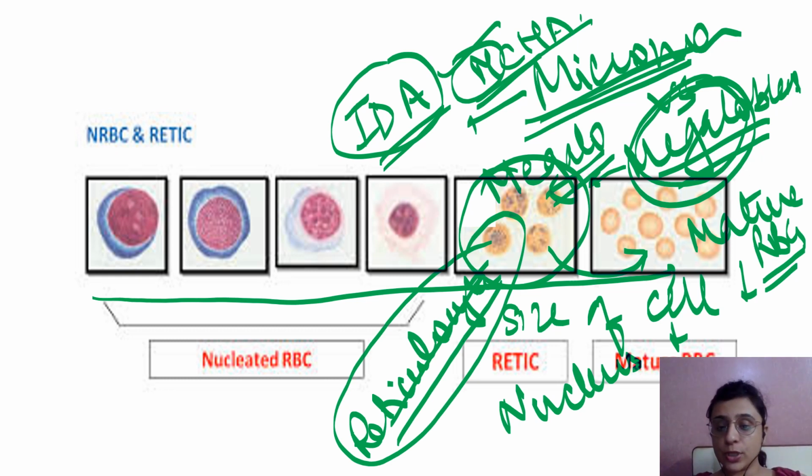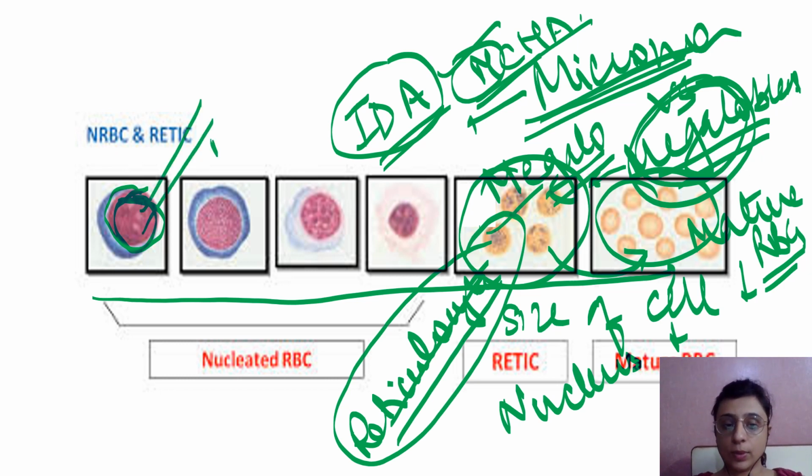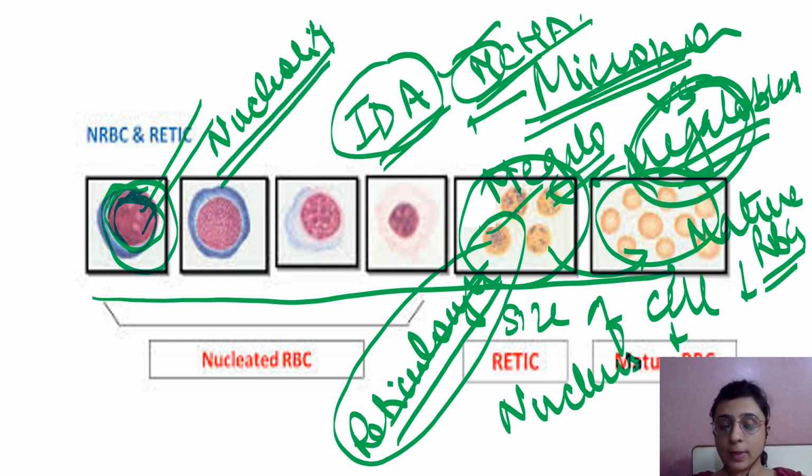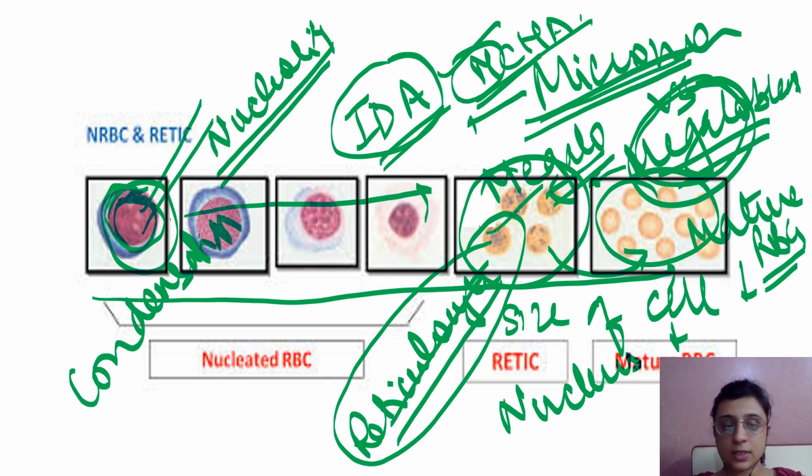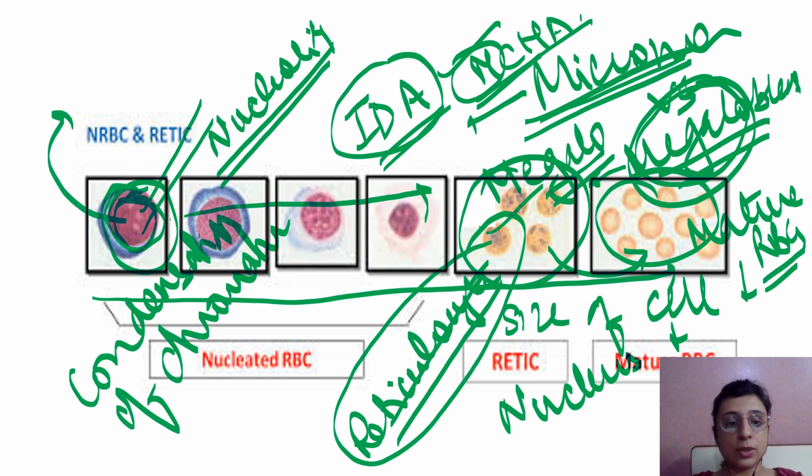So along the stages of maturation, what is happening? The nucleus size is decreasing, number one. Second thing, it is in fact extruded out. Also, the size of the cell is decreasing. Also, in a completely immature blast, there are a number of nucleoli, the number of which keeps decreasing. Nucleoli are very prominent, along with the opened up chromatin, and so condensation of chromatin occurs. Along the stages of maturation, the size of the nucleus is decreasing and condensation of chromatin is increasing. That means in a blast stage the chromatin is open, which keeps becoming condensed with the stage of maturation. I think that is clear.